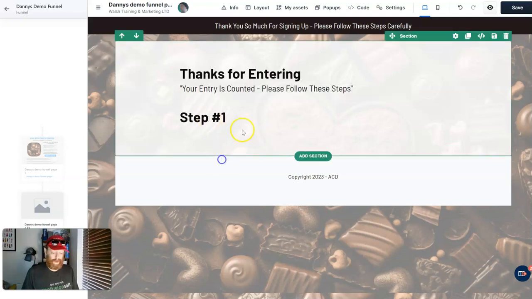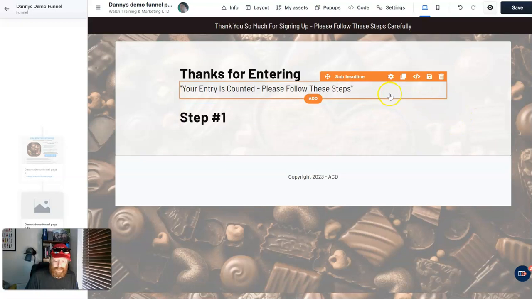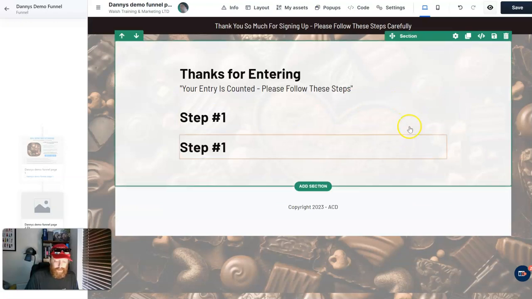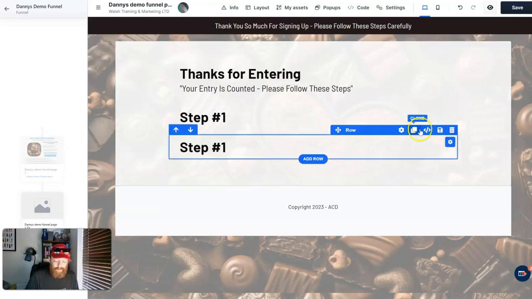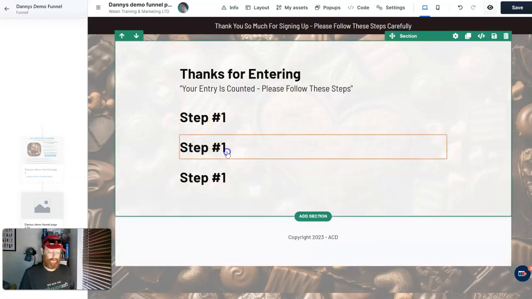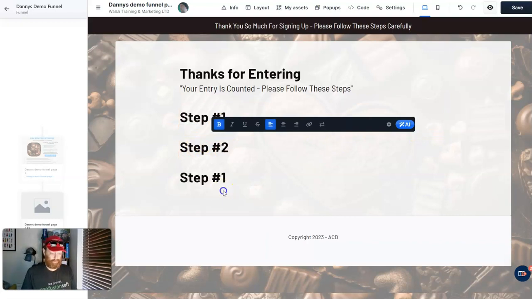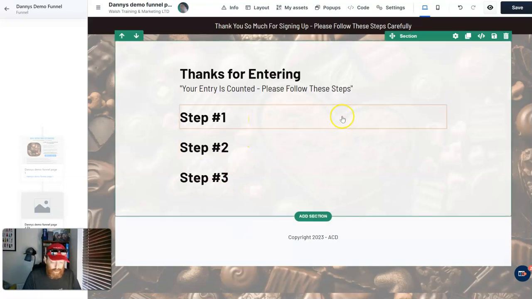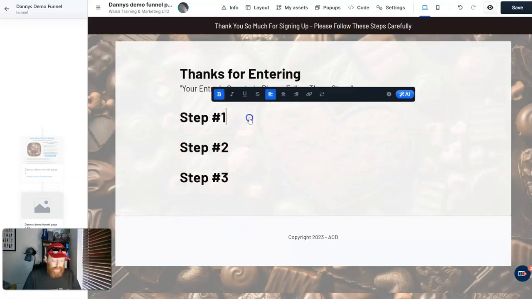Step 1, right? And then we're just going to duplicate this little section, this little row. So if you move your mouse, wiggle around a bit, you get over the blue, clone that. You see what I've done there? And it's good to have 3 or 4 steps, right? So look, step 1, step 2, step 3. And if you want, you can put spacing in between these. So step 1,